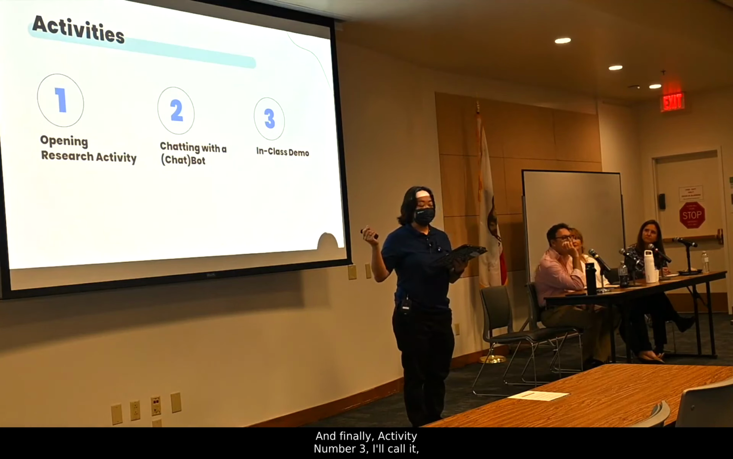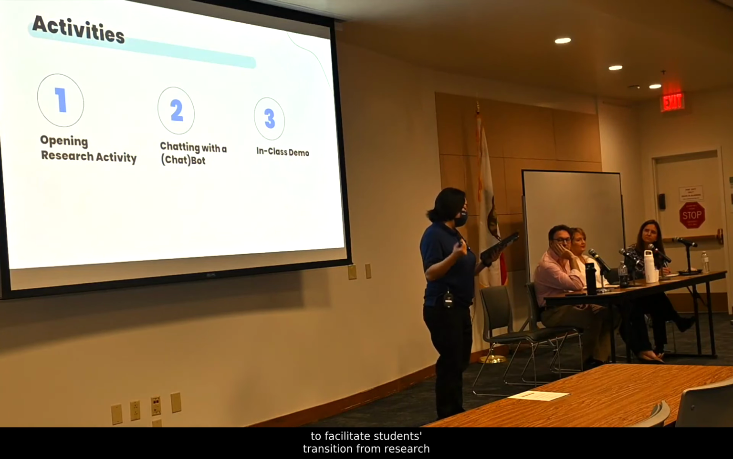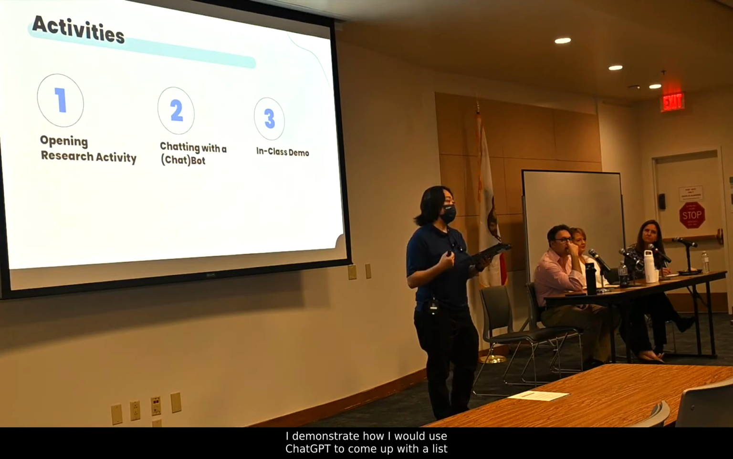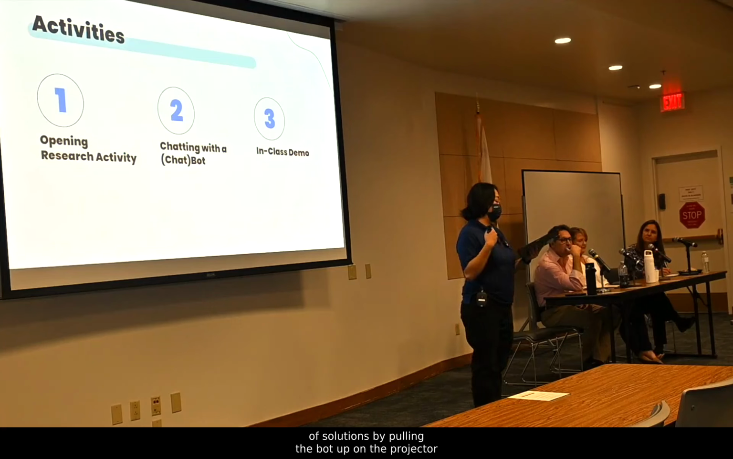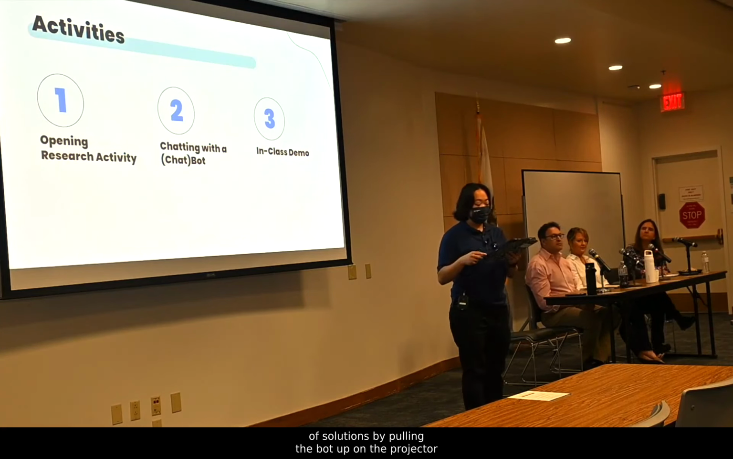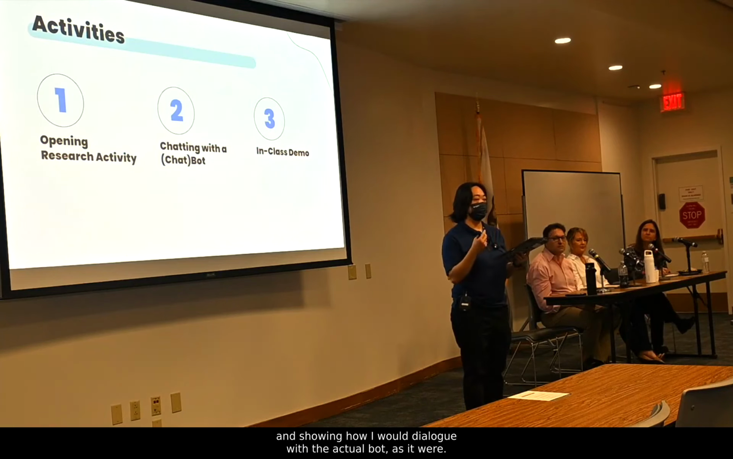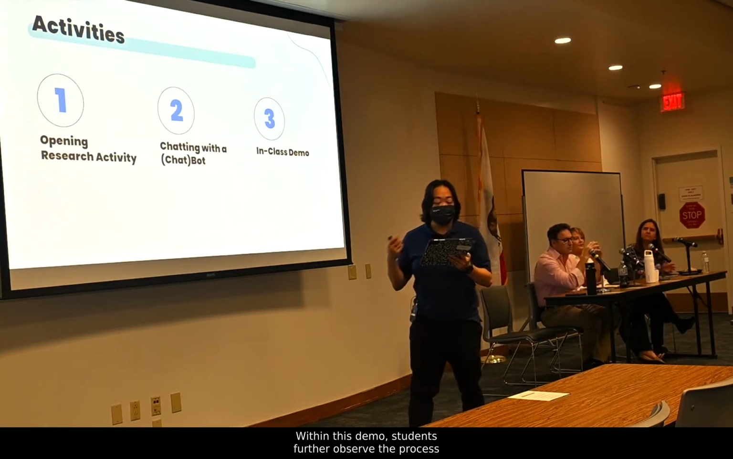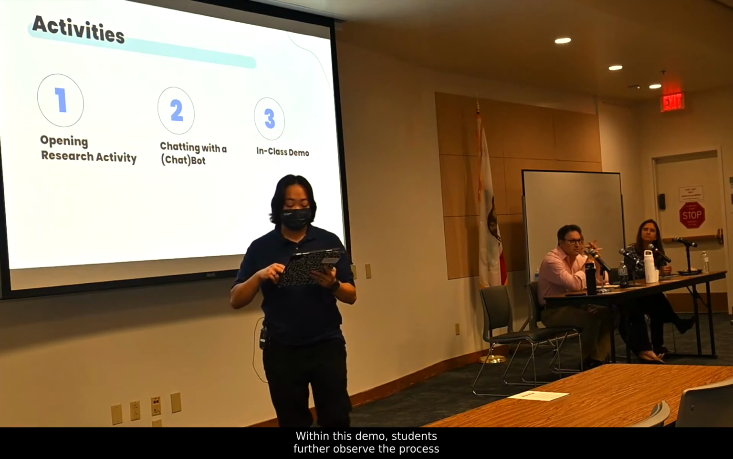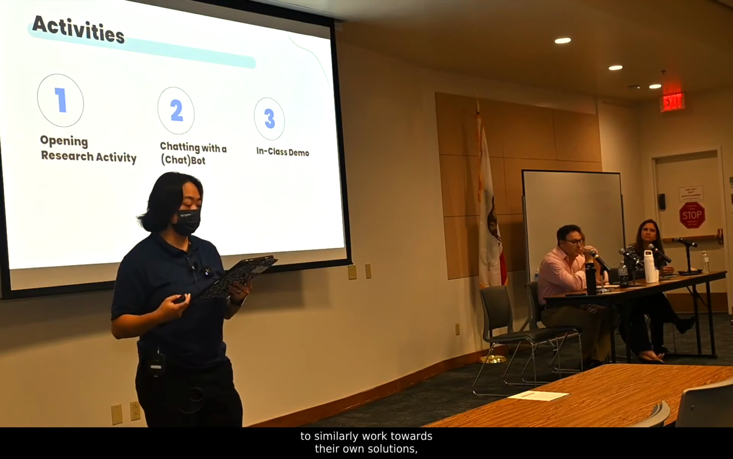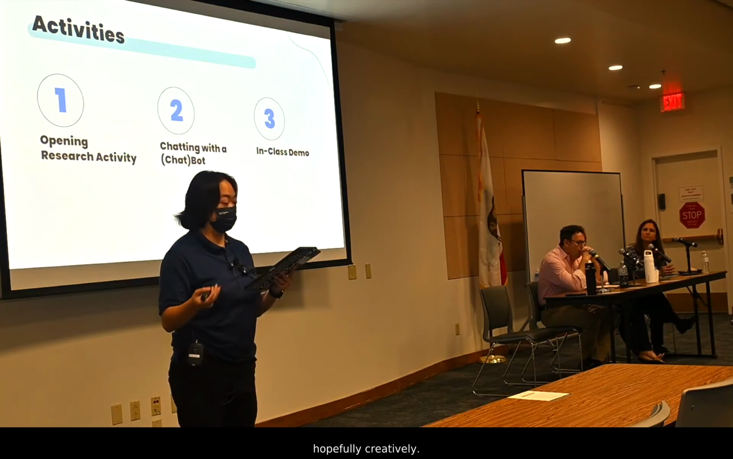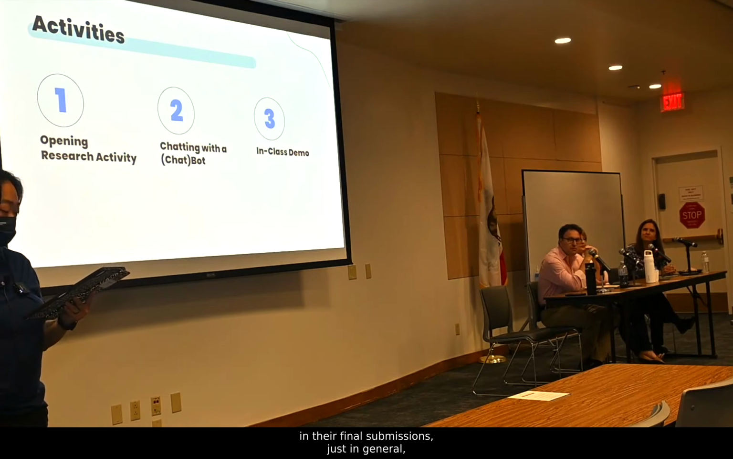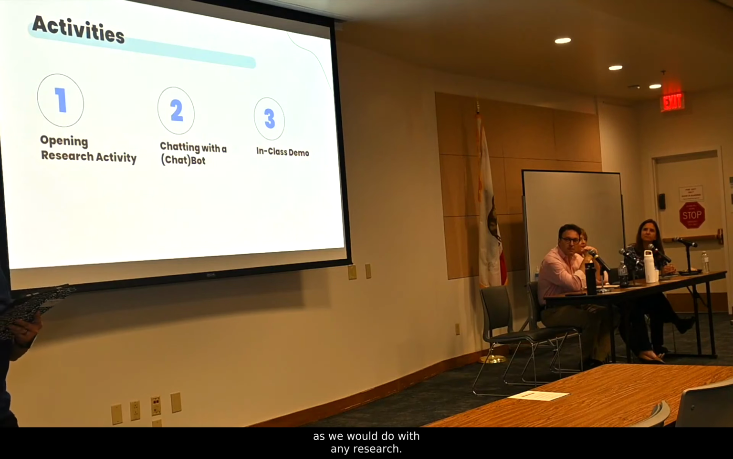And finally, activity number 3, I'll call it, to facilitate students' transition from research to persuasive argument, I demonstrate how I would use ChatGPT to come up with a list of solutions by pulling the bot up on the projector and showing how I would dialogue with the actual bot, as it were. Within this demo, students further observe the process of ideation and are encouraged to similarly work towards their own solutions, hopefully creatively. I also ask students to cite and disclose their use of AI in their final submissions, just in general, as we would do with any research. So focusing now on my